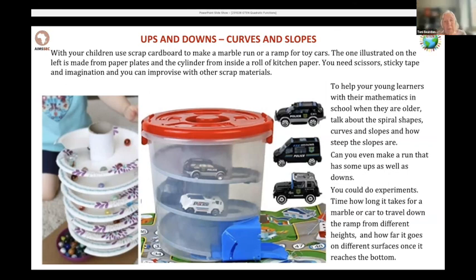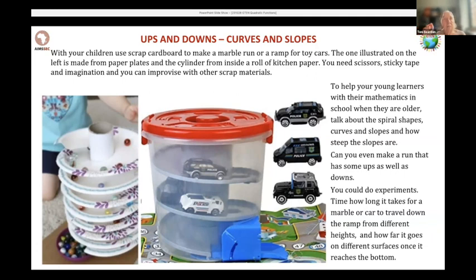So one thing you can do is to get the learners, help everybody to make a marble run or run a toy car down the run, and be creative and use different materials. And you could have this as a group project, and each group of 6 or 8 learners have a limited time, not to spend a lot of time on it, but to make their own ramps. And then when the marble or the car runs off the bottom and then goes along the flat surface, how far does it go? And they could time the distance, because later on we're going to do some work on equations of motion and look at the